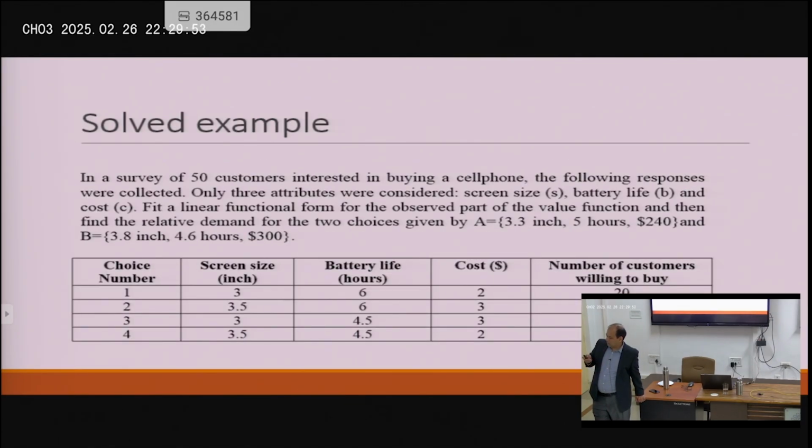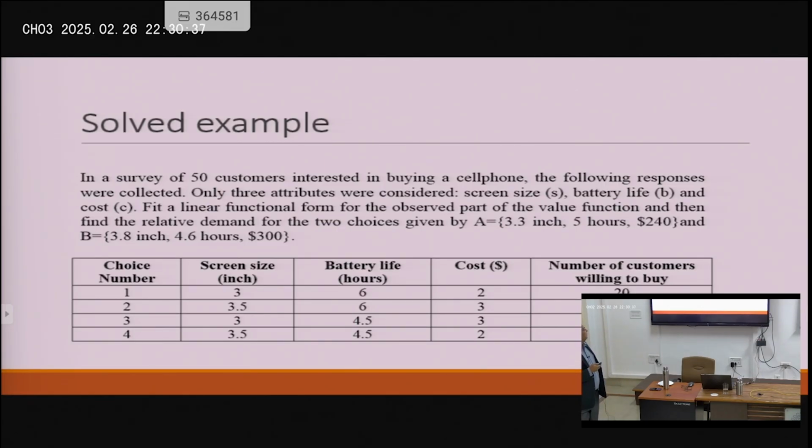So what I have here is a brief example that we can all do at home. I mean, of course, it requires solving an optimization problem. But basically, the idea was that if you have, let's say, 50 customers that you survey, and then you come up with a few example products, and then you say how many will buy this, how many will buy that, how many will buy that. So going back to our original point, to collect data to fit any of these demand models, we have to perform surveys or look at past data, as you said. Okay, so here